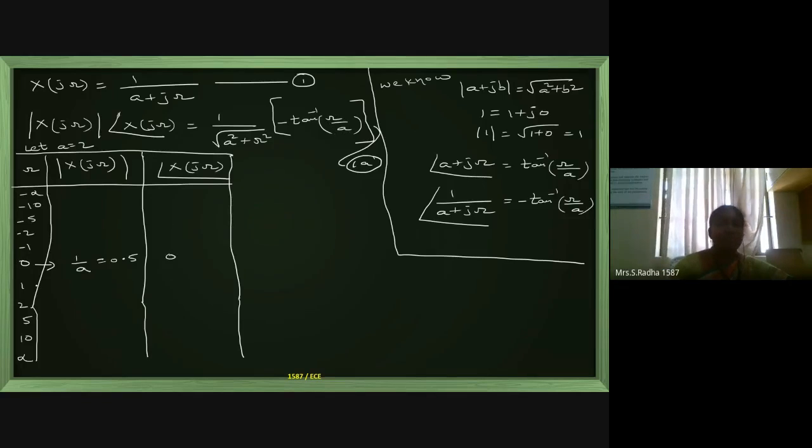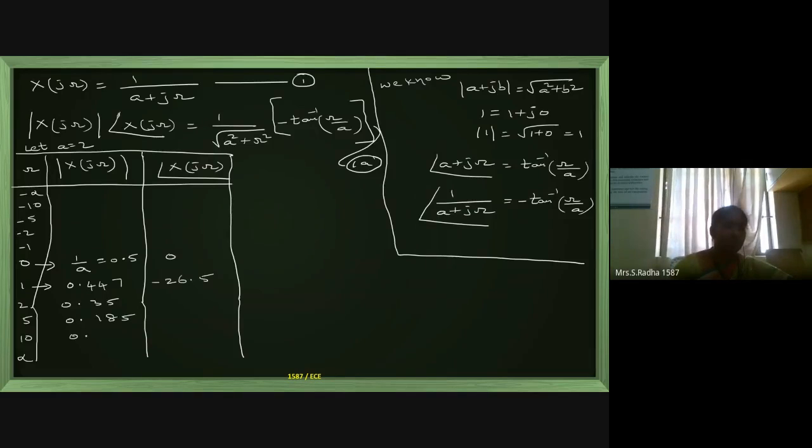Now for calculation of this, I have to put omega value 1. And now what happens to the calculation? 1 divided by square root of, so a value is 2. 2 square is 4. 4 plus omega value I am putting 1 square. 4 plus 1 is 5. 1 divided by square root 5. So here I am getting magnitude as 0.447, and phase angle similarly if I substitute I am getting something like this, and for 2 I am getting 0.35,